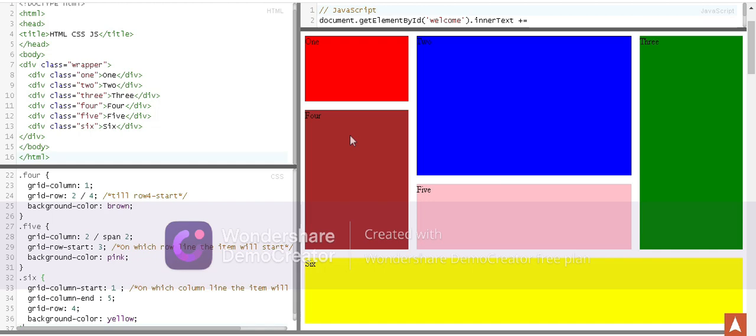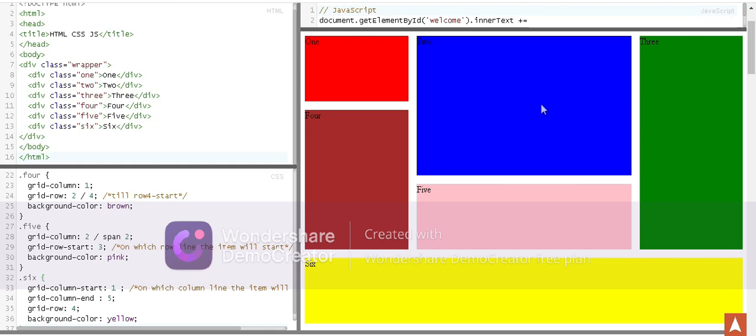Today's topic we are going to cover is grid layout. Let's take a deep dive into this. So what is grid? It enables users to align elements into columns and rows, as you can see on the screen. So let's start with the basic example by covering most of the grid properties.